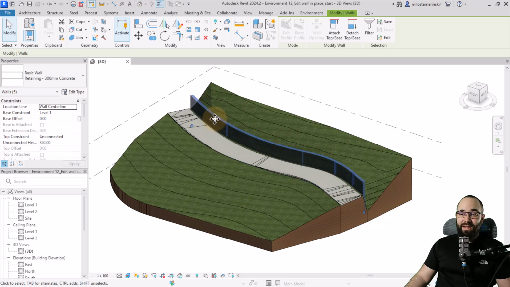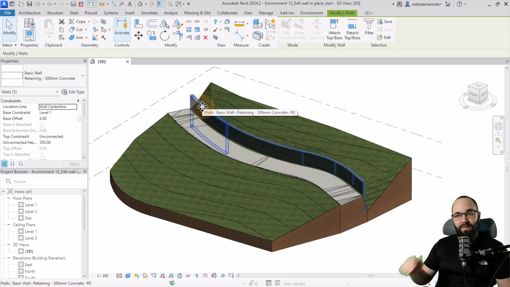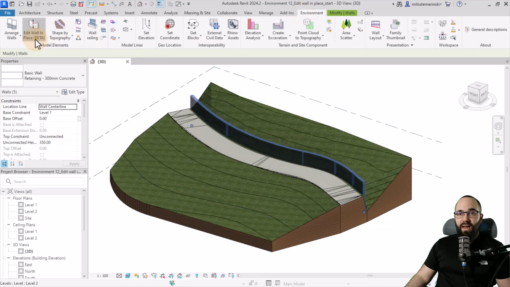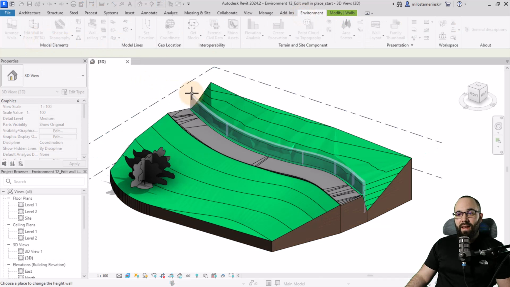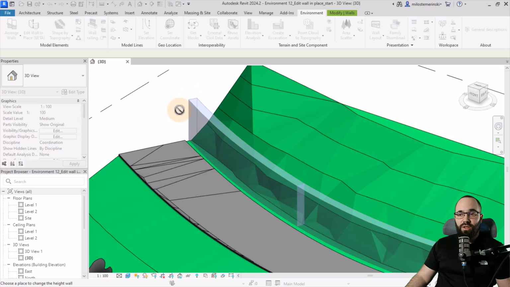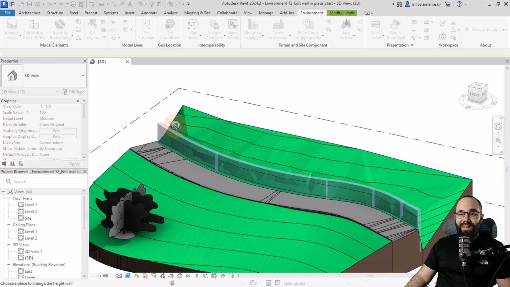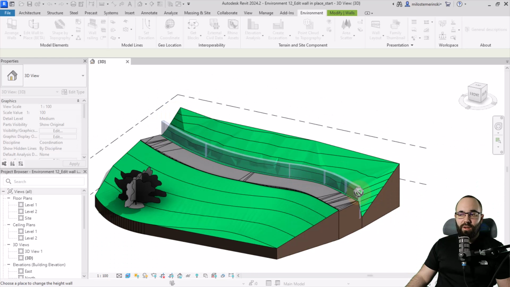Now keep in mind that these are tangent arcs, so they have to be tangent so we can continue seamlessly. Anyways, we can just select this, go to environment, edit wall in place, and now we need to just select one of the edges. So let's say here we have this topography, and the topography is higher on this side and lower on this side, so the wall, a retaining wall, needs to follow that. So it needs to be higher here, lower here,